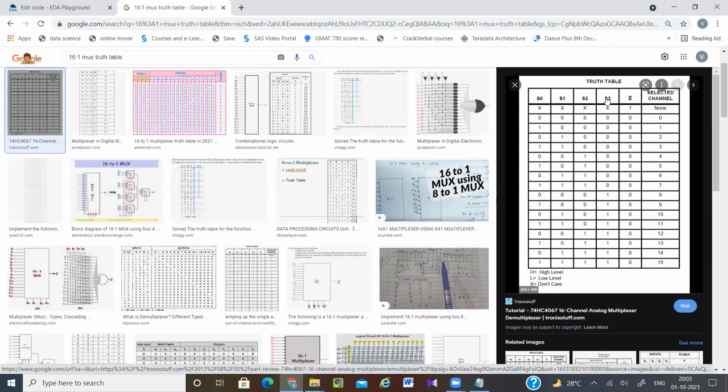You can see this is my MSB. So first for select 3, I have to write true conditions. Select 3 true, then select 2 true, then select 1 true, then select 0 true, false. After these two completed, next select 1 false, select 0 true, false. So like this, step by step I have to go.